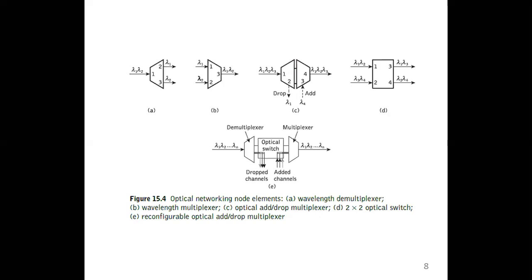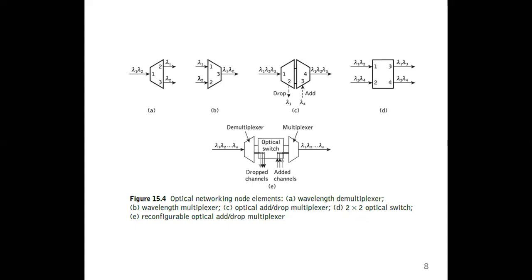There is a mistake in this diagram which is also there in the book. So I'll just repeat the mistake. If you look at diagram C, the incoming signal comprises lambda 1, lambda 2, lambda 3. On the left hand side, you are dropping wavelength lambda 1. Therefore, we are left with wavelength lambda 2 and lambda 3. On the right hand side, we are adding a new wavelength lambda 4. Therefore, the output signal will now comprise lambda 2, lambda 3, and lambda 4. So there is a mistake on the output signal.